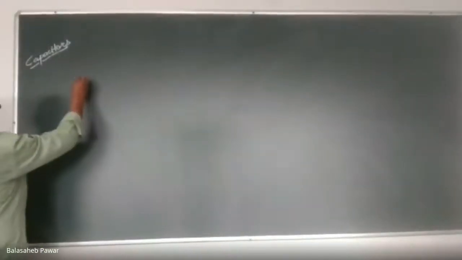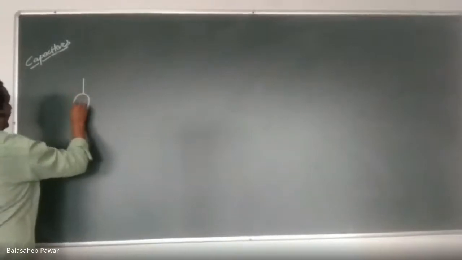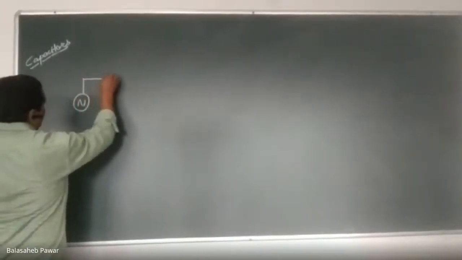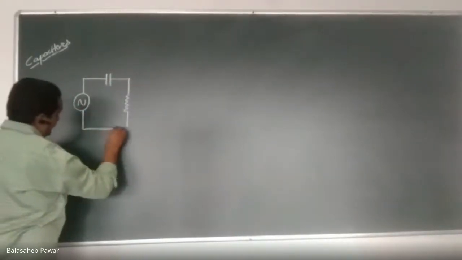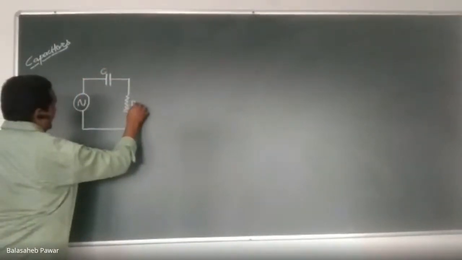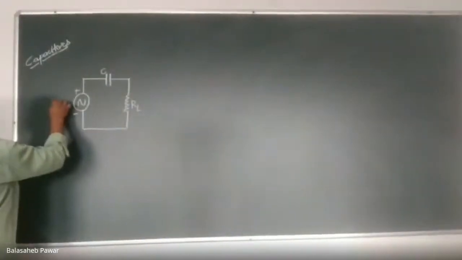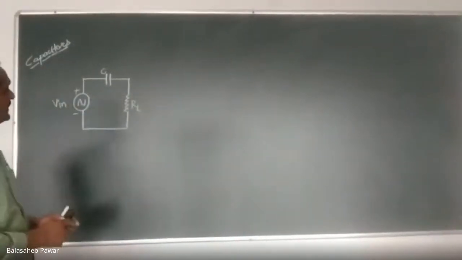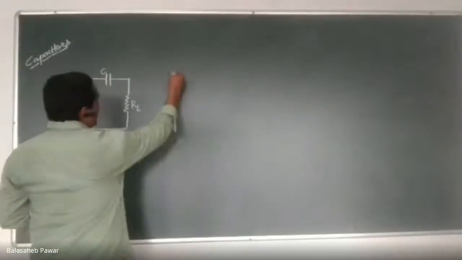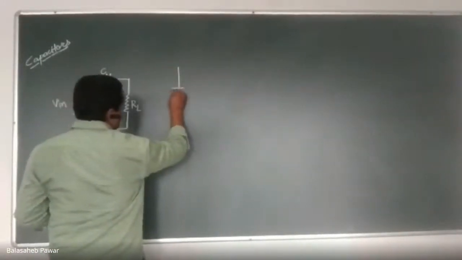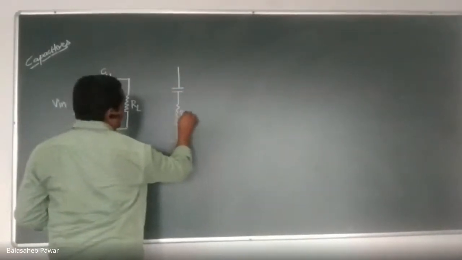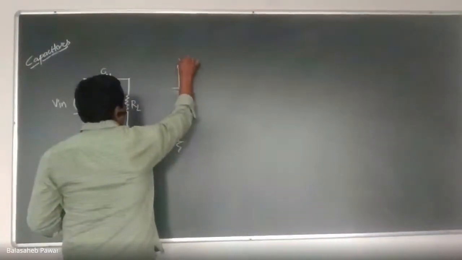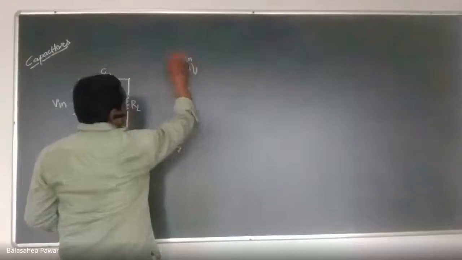So see, as per the circuit diagram shown in our previous slide, there was one capacitor connected in series with a load resistance, that is RL, like this. This is nothing but the capacitor, and this one is the load resistance. This one is the V in, that is the input signal. The same circuit I can draw like this also. So don't get confused even if it is drawn like this. This is RL, this is C, and this is your V in, which is time varying. Is it clear?